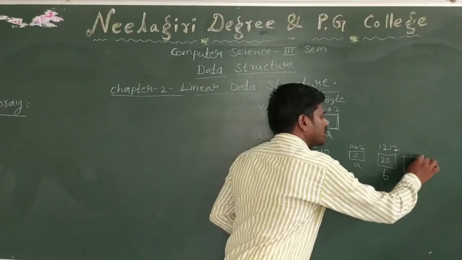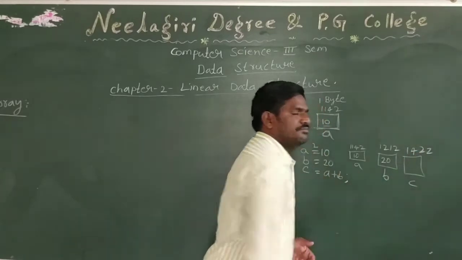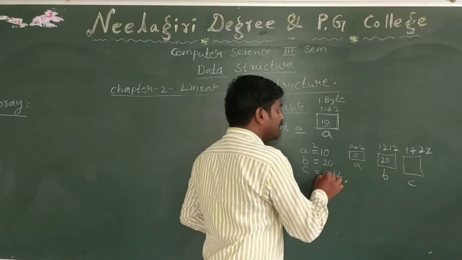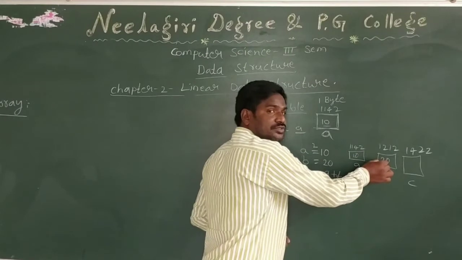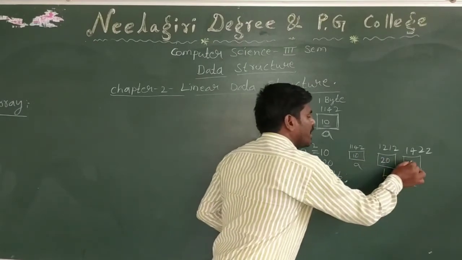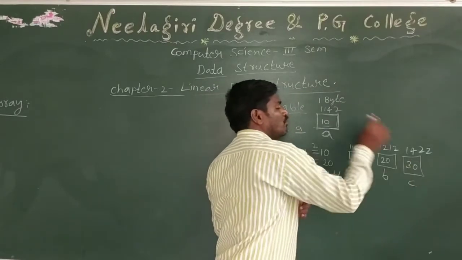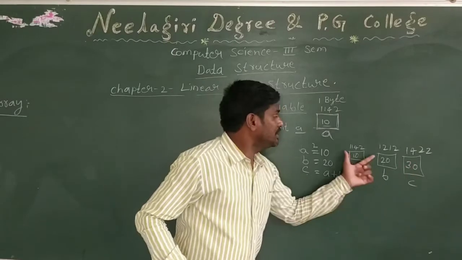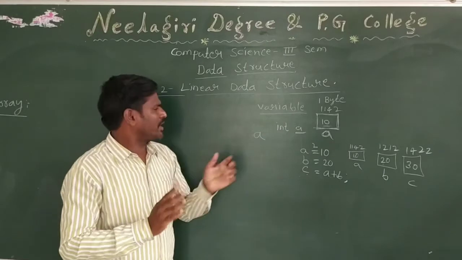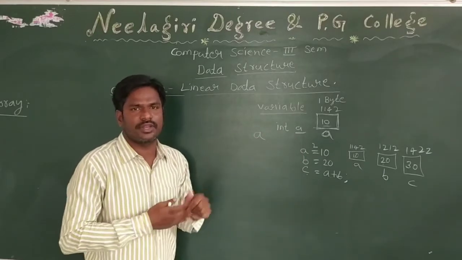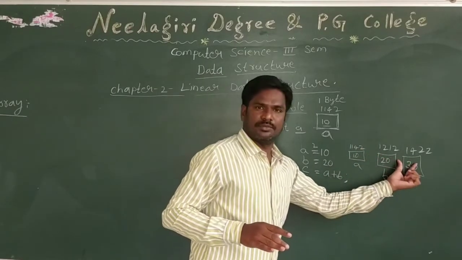Another variable, say, is named C. So here, A plus B: A means the value at address A, that is 10, and B means the value at address B, that is 20. 10 plus 20 will be added and assigned to C, where C means its memory location. This is the way variables are handled at the back end. You simply write the program by declaring A, B, C, but in the background the memory is assigned separately for each variable.